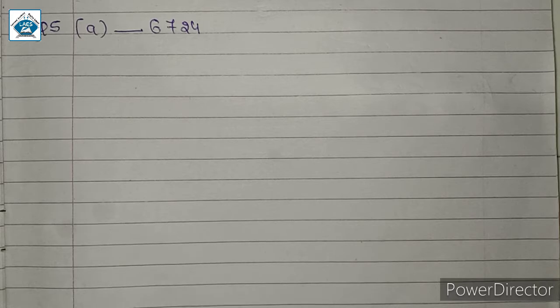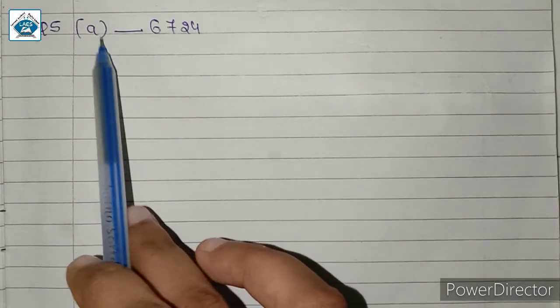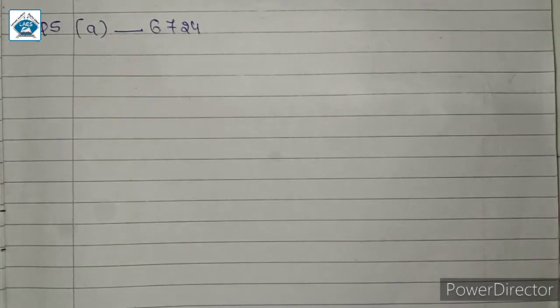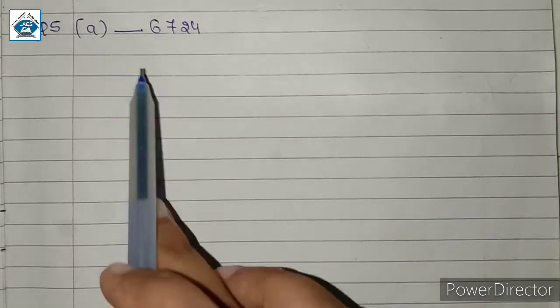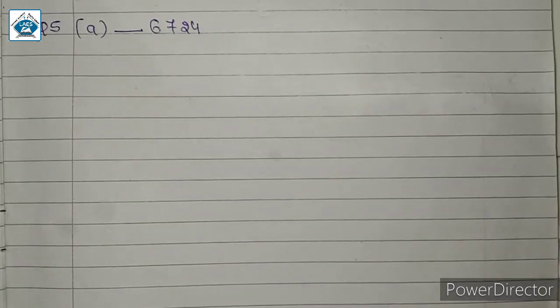According to the question, we should write a single digit number in this blank space so that the number formed after we write the number in the blank space should be divisible by 3. So we have to find two such digits. One should be the smallest and one should be the greatest. It should be a one digit number, such that the number formed by writing that number in the blank space should be divisible by 3.